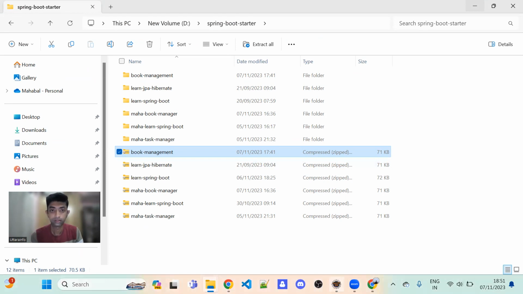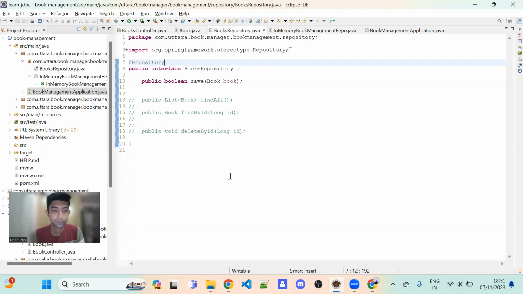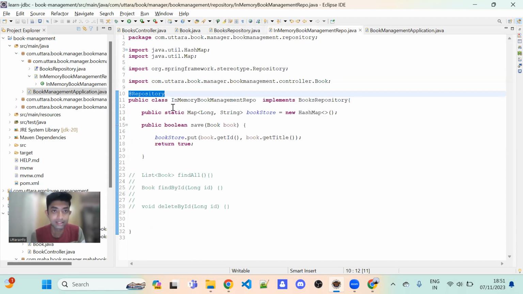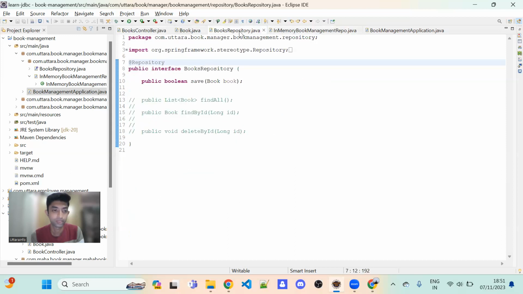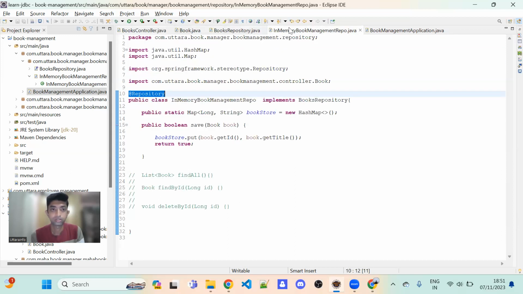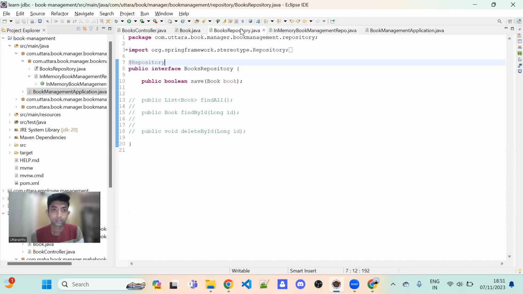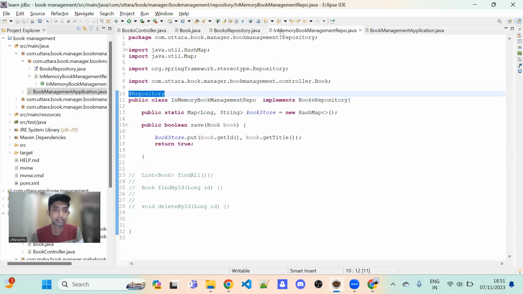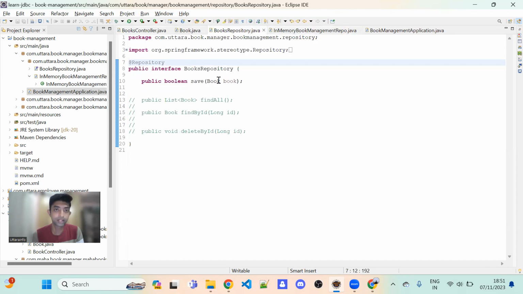So in this Spring application, we only have one repository interface. Okay, interface. And we have another repository class, a concrete class, which gives the implementation for this repository. Clear? Yes. So one is for the interface and another one is the concrete class. Using this interface, we will see how another class can be created that talks to database, not